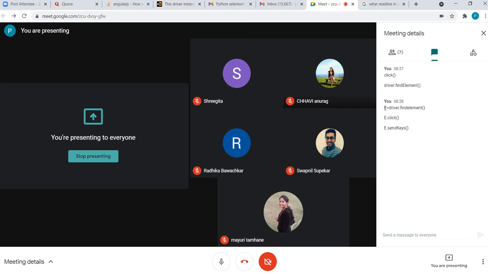So if the page got refreshed after finding the element, it makes that element stale. Stale means invalid element now, because the DOM has been refreshed, the states have changed, so it cannot be used further. That's what stale element is.